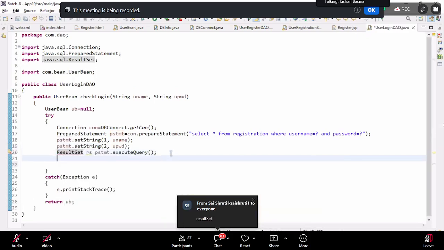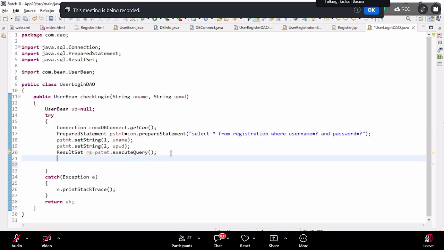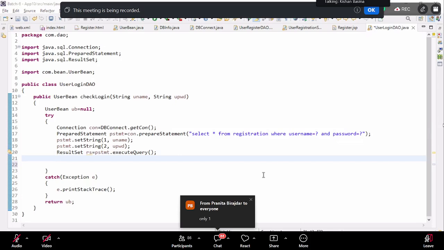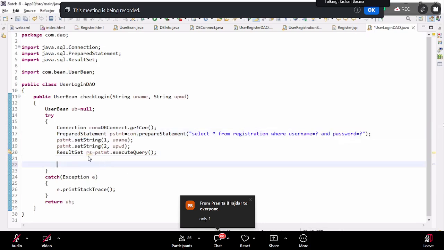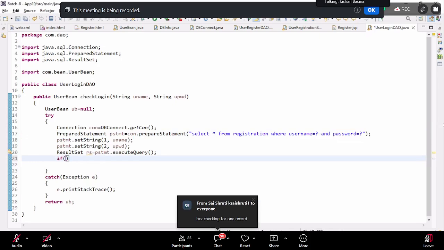Now tell me, after that, what do I need to write? Am I supposed to write if or while? No, think and answer. If or while. Why if? There is only one record. Now look at the query: select star from registration where username and password. There is only one query. So, what is that? If